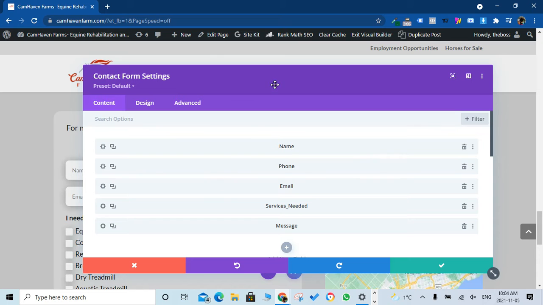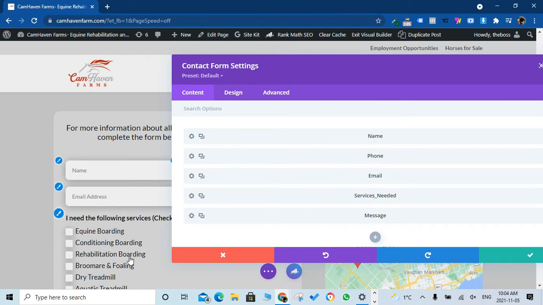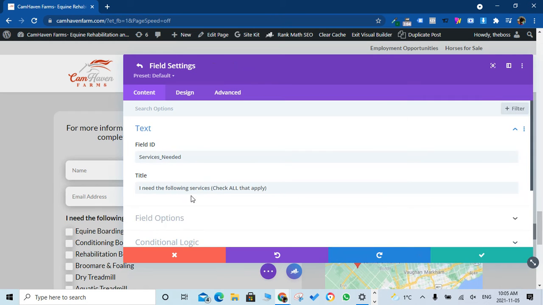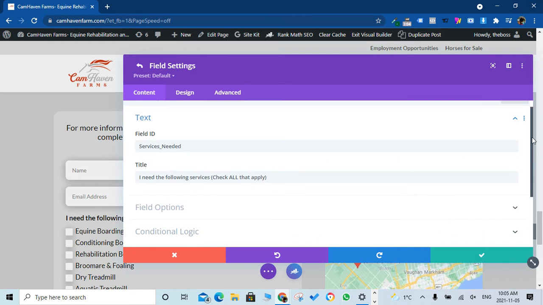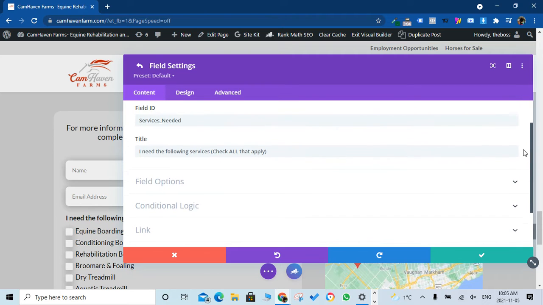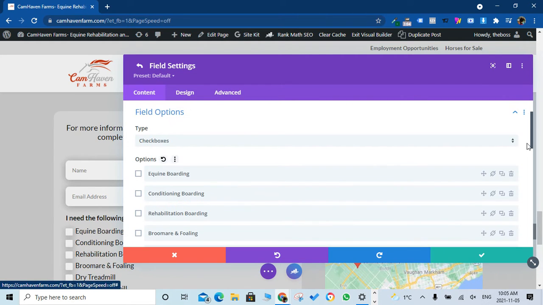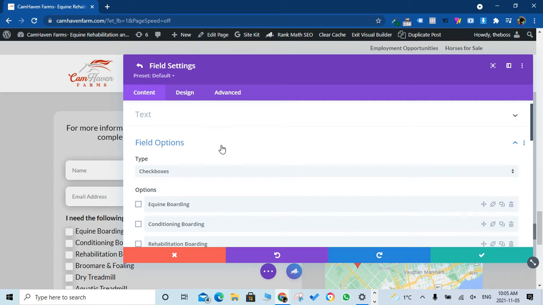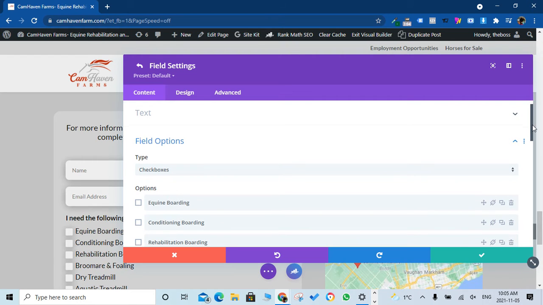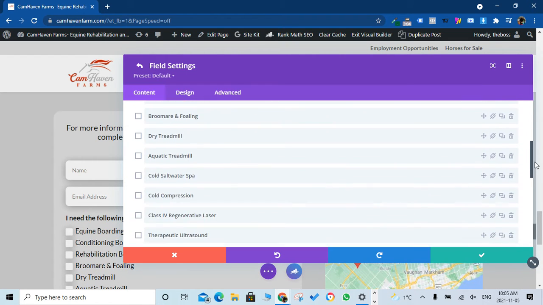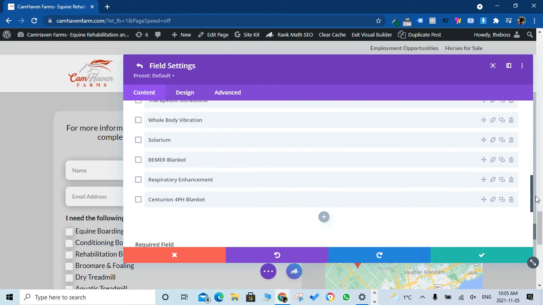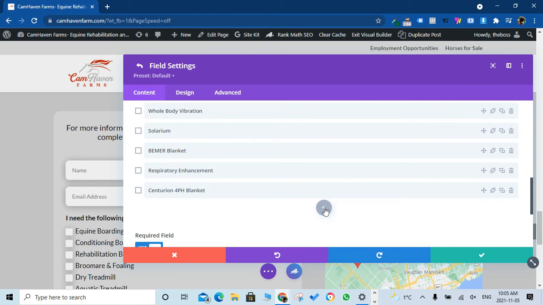So the services needed, the checkboxes, these checkboxes are inside the services needed field. So if you click on the gear button for that, and if you go inside field options, you will see the checkboxes. So if you want to add a new one, all you do is click on the new one and type,